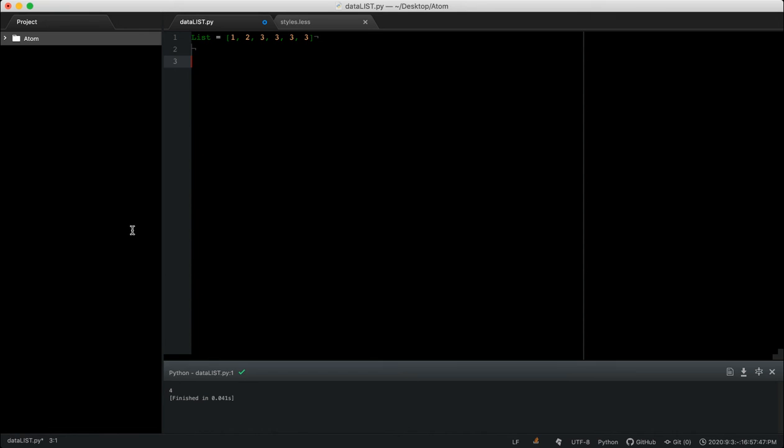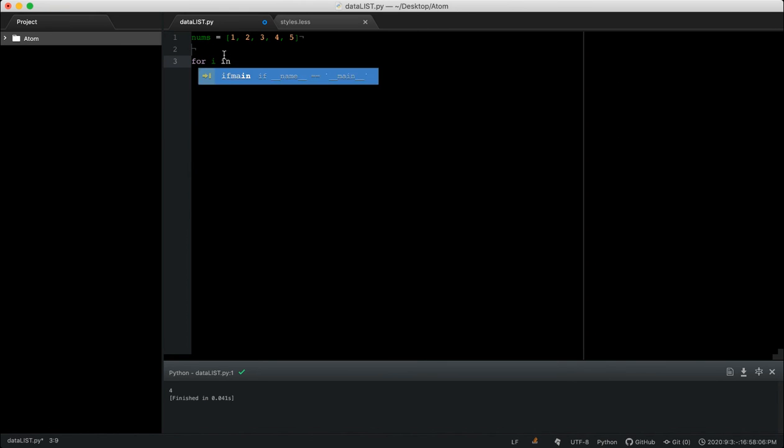Common applications of list comprehensions are to make new lists where each item is the result of some operation applied to that item. So let's say we have a nums list and we have 1, 2, 3, 4, 5. We want to square every single one of these items. Then we can use